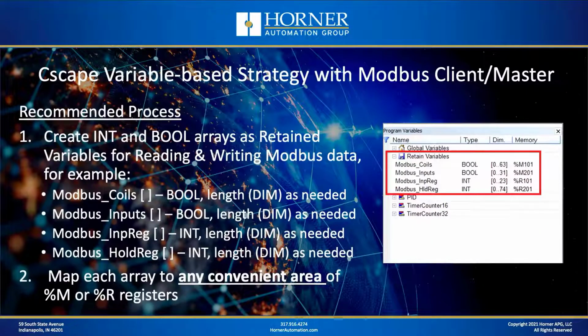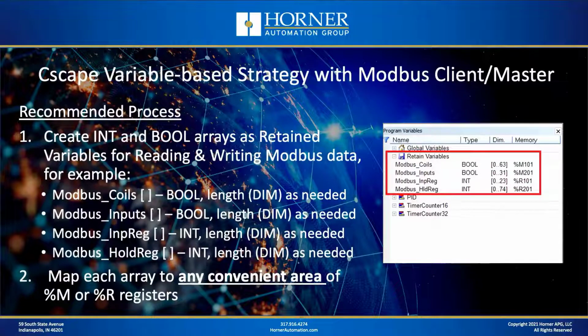Well, here's the process. So the first step really is to create a series of arrays for reading and writing the different Modbus variable types. So with Modbus coils, those are read-write. So we would create an array, given some reasonable name. On the screen there, I'm showing Modbus_coils. If there were potentially, let's say, up to 100 or so coils that you would need to read or write, you might want to put a length for that array of, let's say, 100 or 128 or something like that,